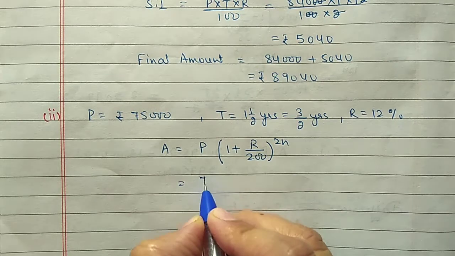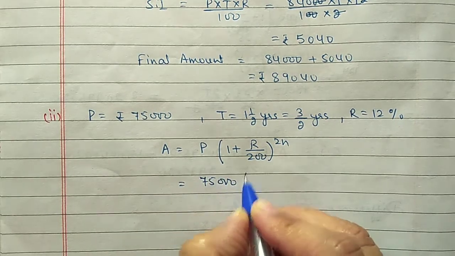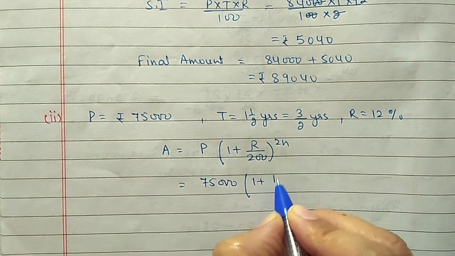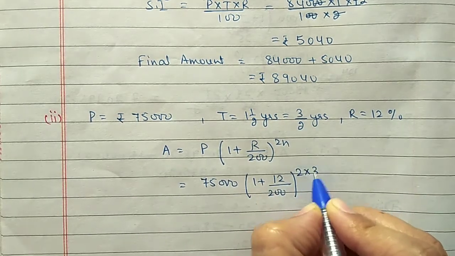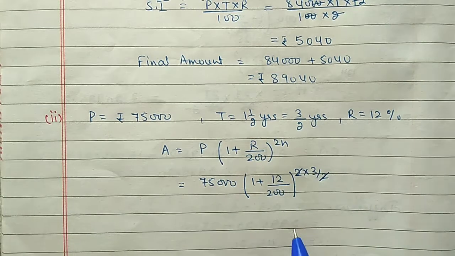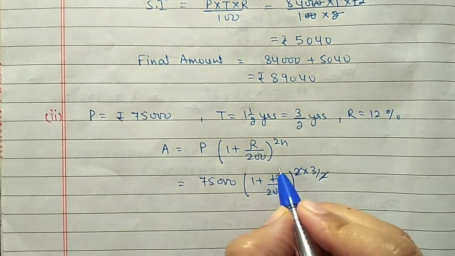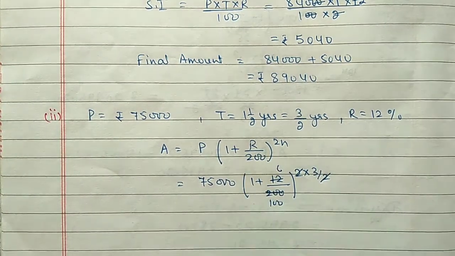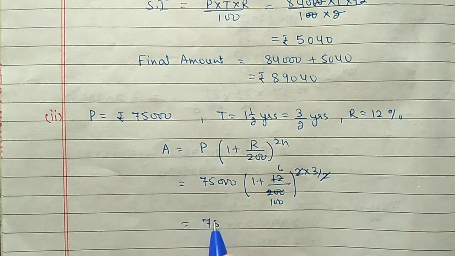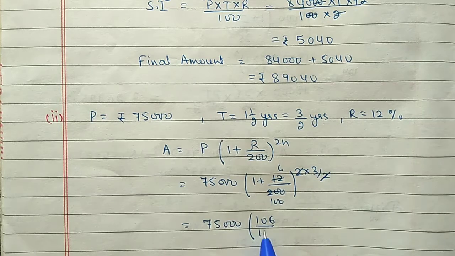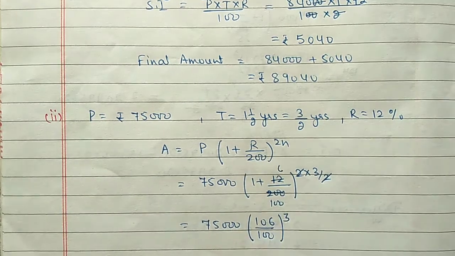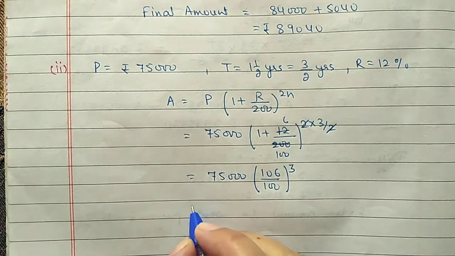Substitute the values: 75,000 (1 plus 12 by 200) to the power 2 into 3 by 2. So this 2 will cancel out, and this also you can cancel, 2 sixes are 12 and 2 hundreds are 200. Then after calculation, after taking LCM, you will get (106 by 100) to the power 3, which you can write as